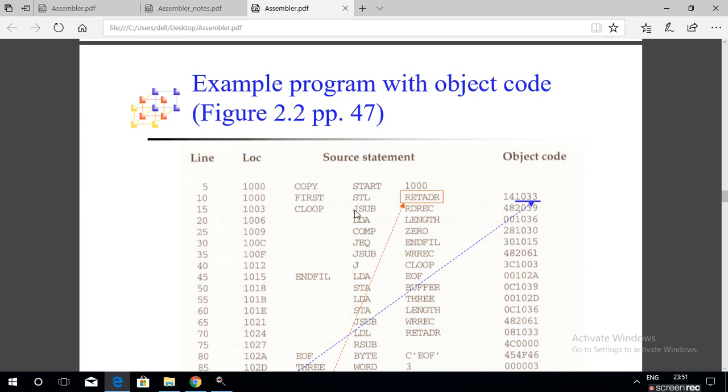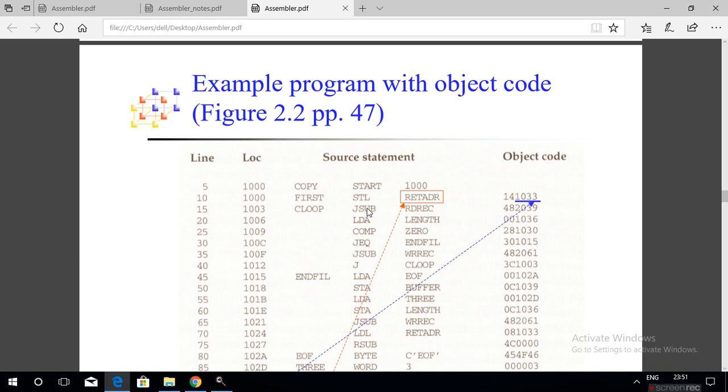Again, this opcode will be read, and the machine code table will be searched for this opcode. Definitely this mnemonic will be found in the machine code table. Its length 3 is there, so 1003 plus 3 is 1006. Again, read this one, search the machine opcode table for this instruction. Definitely the instruction will be present.